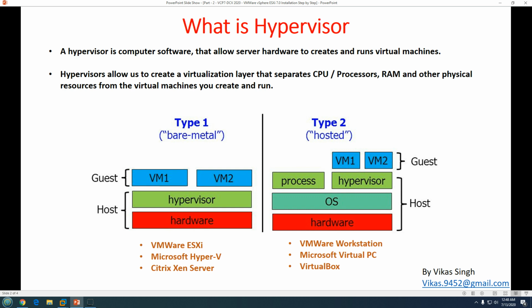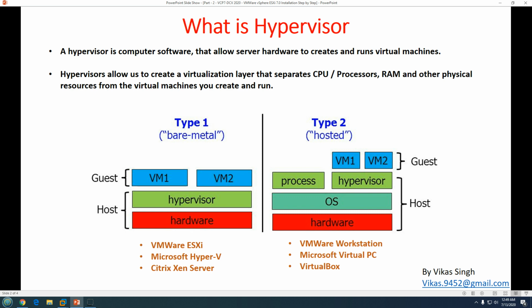If you are running more than one virtual machine on one hardware, then a piece of your hardware has to be distributed to all the virtual machines. That is the hypervisor's work: to create the virtual machine, provide the environment to run it, and also provide the hardware resources to it. There are two types of hypervisor available these days, known as type 1 and type 2.